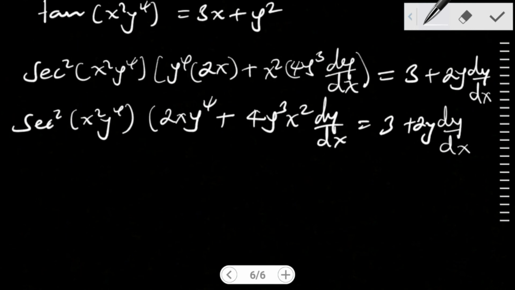Now let's work out this, and then afterwards, if this multiplies in, I'm going to have